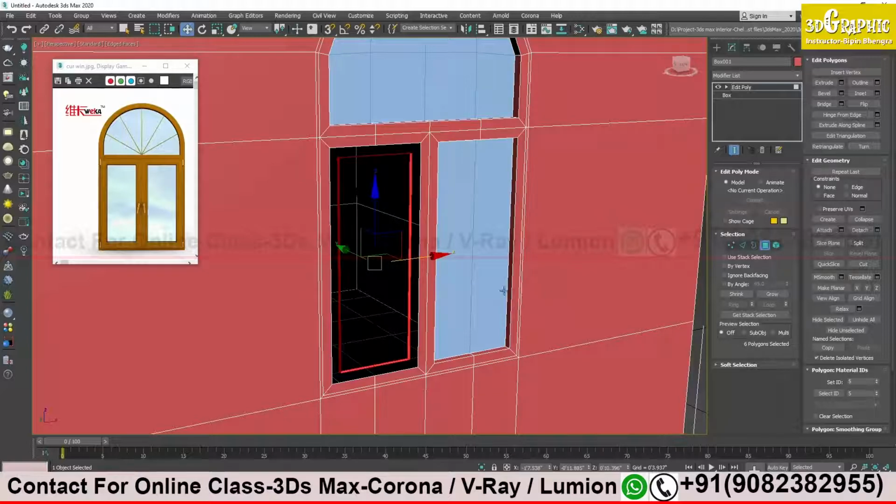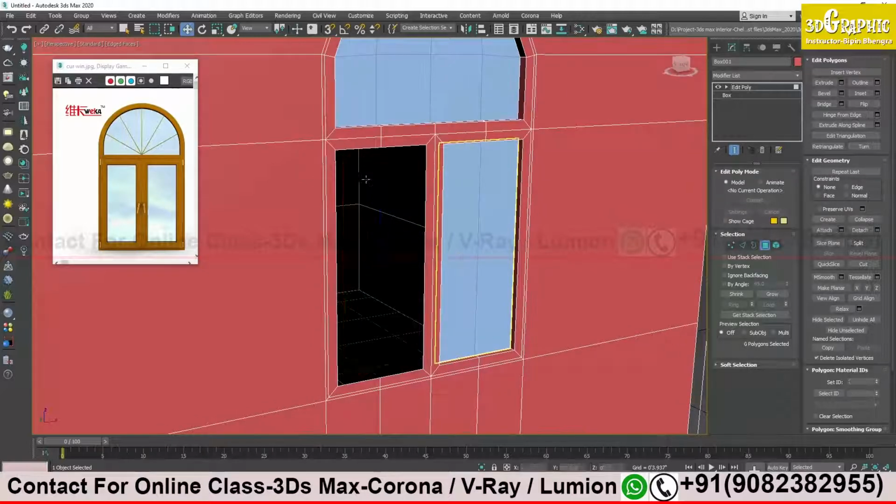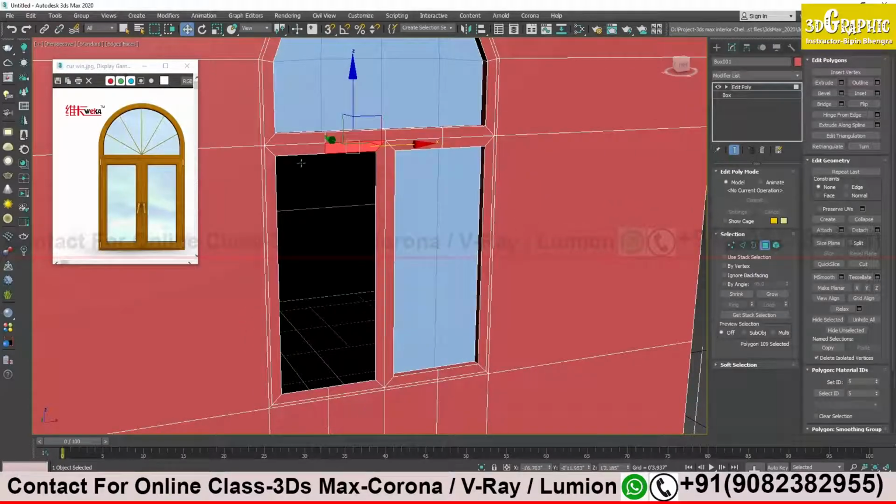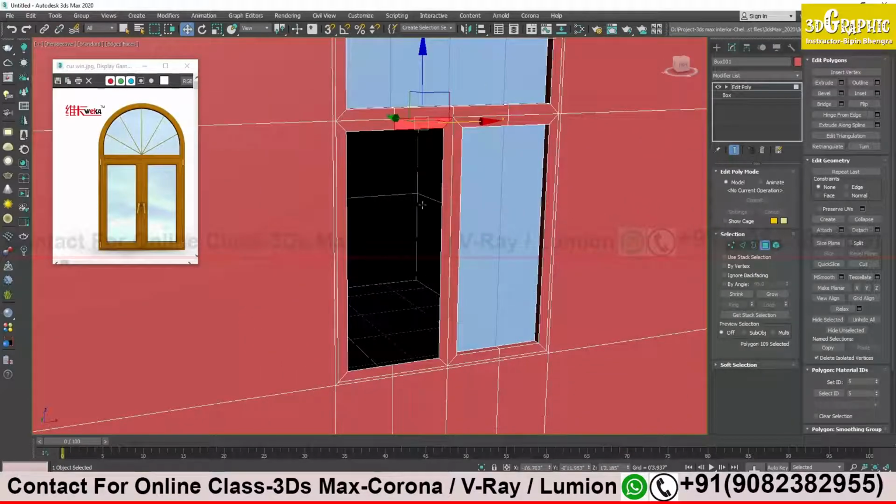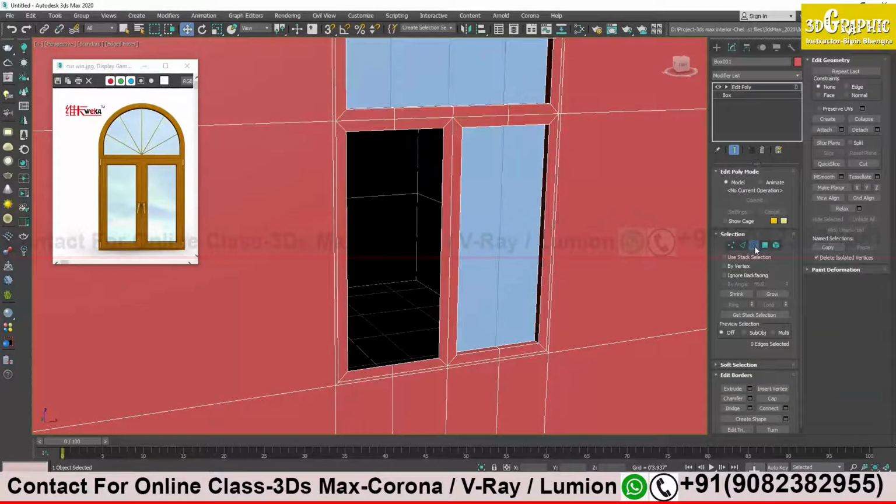Okay, Priyanka? So here I made a mistake: the area I took was a little bit bigger, so I have deleted the extra things. Now remember over here in the right side properties we have a border option. Both of you remember this one, the border option? Yes.